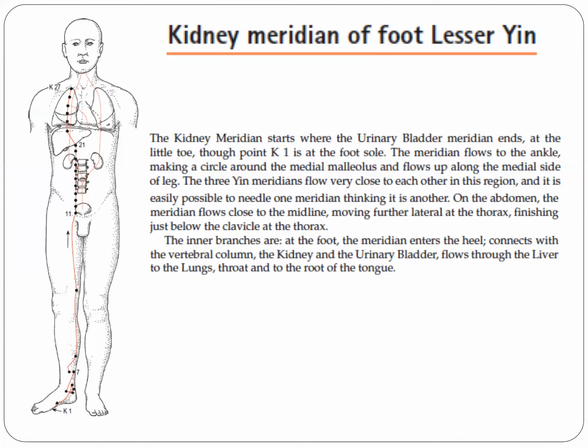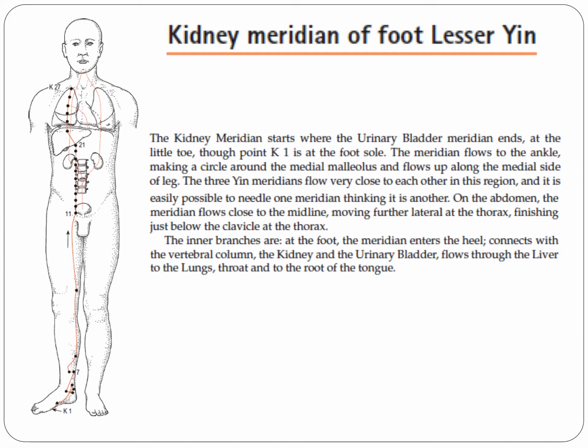The kidney meridian of foot lesser yin. The kidney meridian starts where the urinary bladder meridian ends at the little toe. Through point kidney 1 at the foot sole, the meridian flows to the ankle, making a circle around the medial malleolus and flows up along the medial side of the leg. The three yin meridians flow very close to each other in this region,